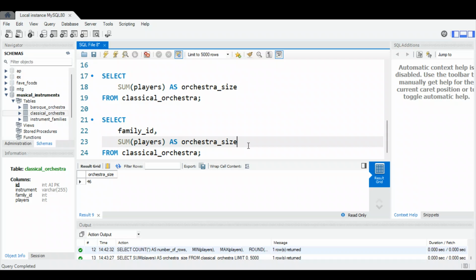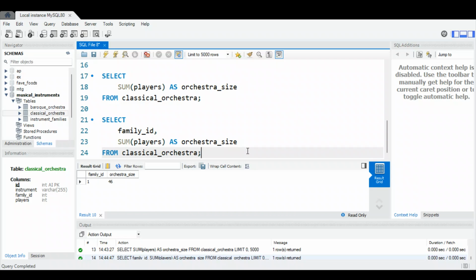Later on, once we do this a little bit more thoroughly, we'll start using foreign keys and so on. But right now it's an integer that's referencing the ID within the instrument families here. That's all. So select family ID, sum players as orchestra size from classical orchestra, and then I do this, and